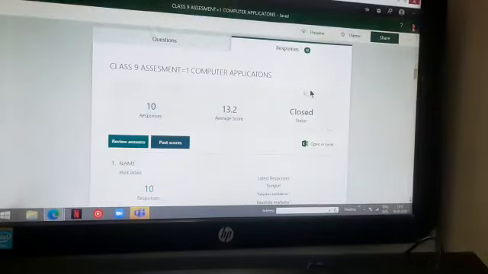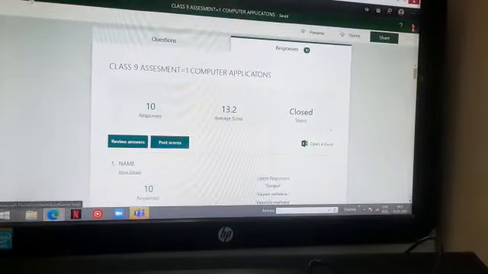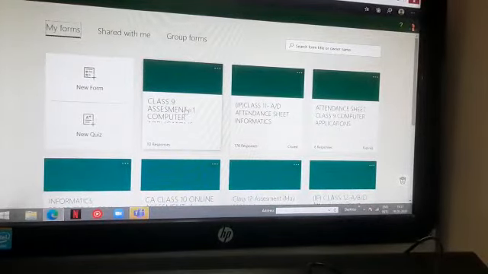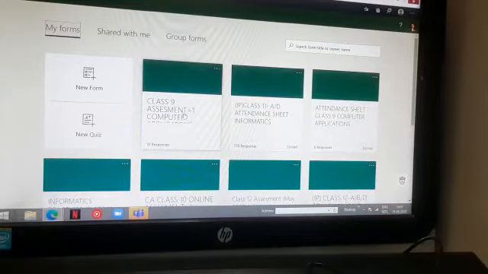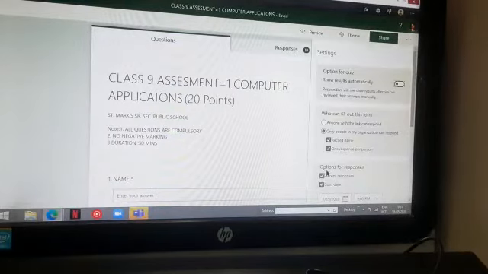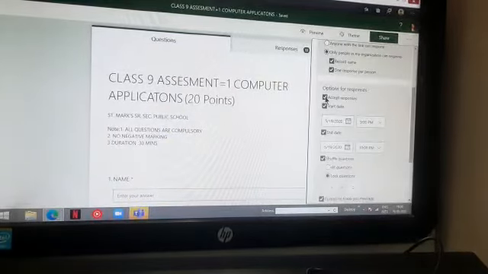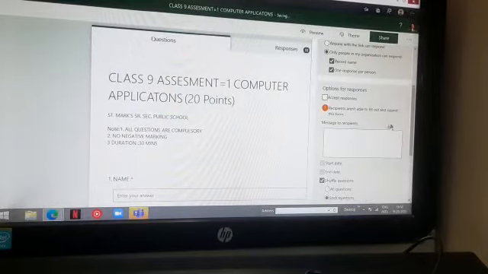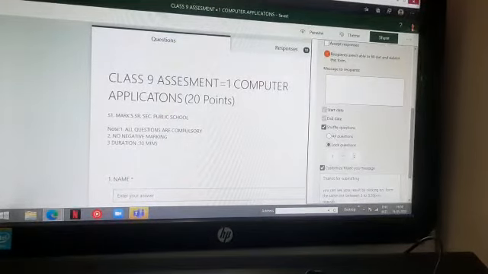And now how do the children see the result? You will ask the children to click on the same link which you had given to them in the morning for attempting this assessment. It is the same link. Now maybe you have given half an hour for children to see the result. Then you will open that form again, go to this option settings again, and again accept responses has to be deactivated, because you were not able to set for half an hour, so 1 hour you have given. Deactivate this. Now the children cannot see this again.